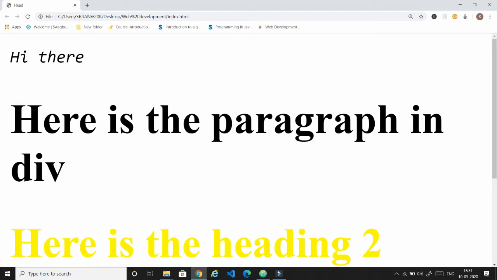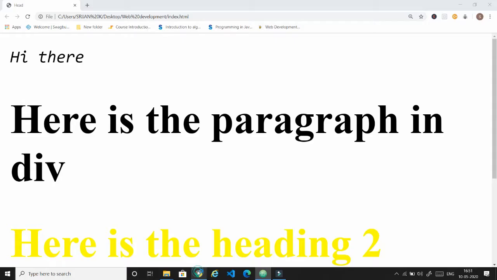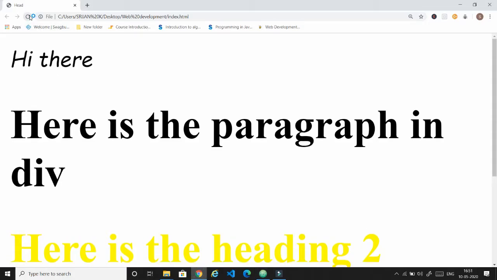If you are using Microsoft Word also, there you have different styling of the content, monospace, cursive, Times New Roman. So there are different types of styles, and for that we use font family to change the style. We can also use cursive here, and you can see there is a change in the style of the content.